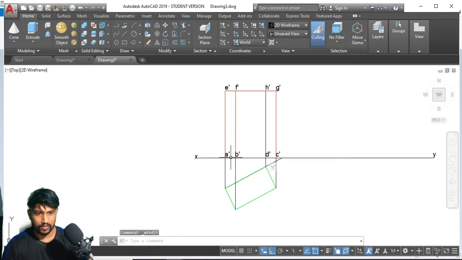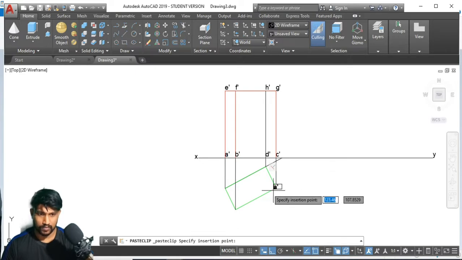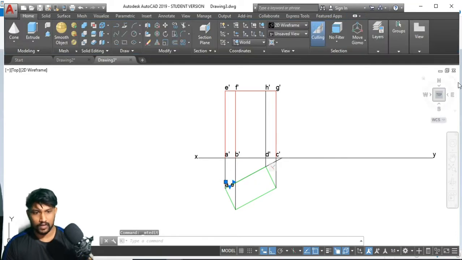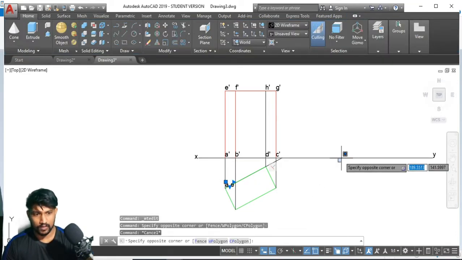D dash, this one is going to be D dash. In that case, A comma E will be here.